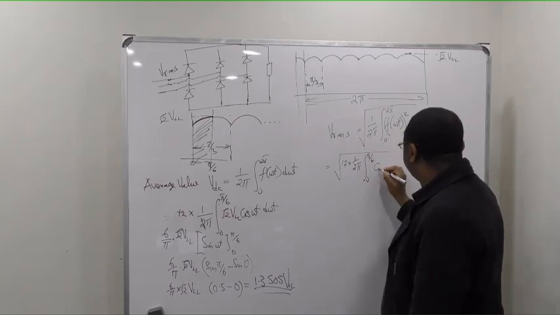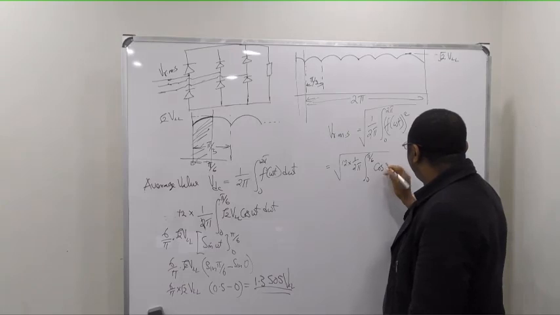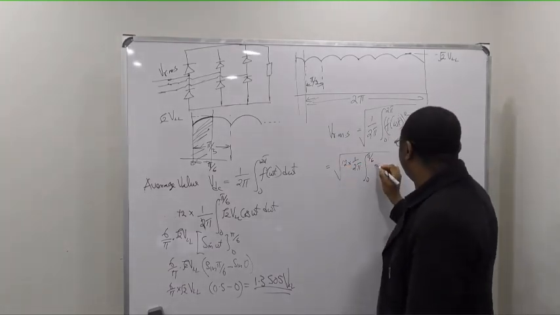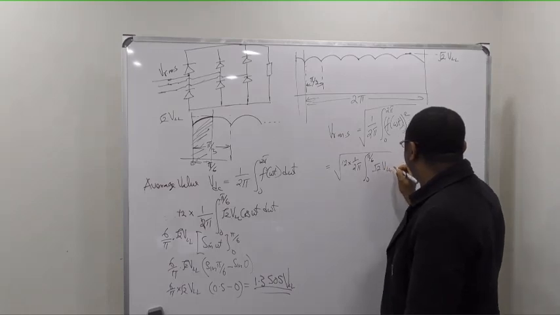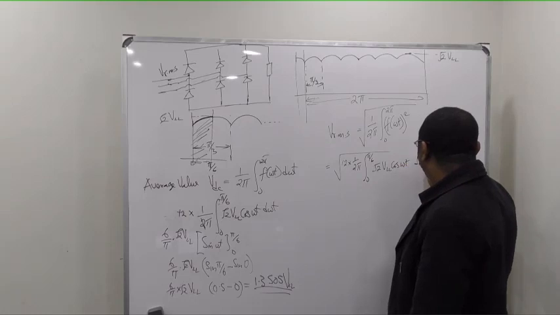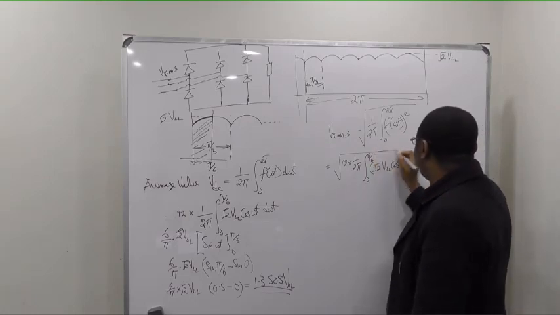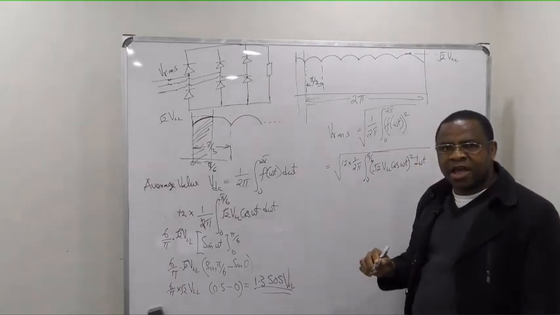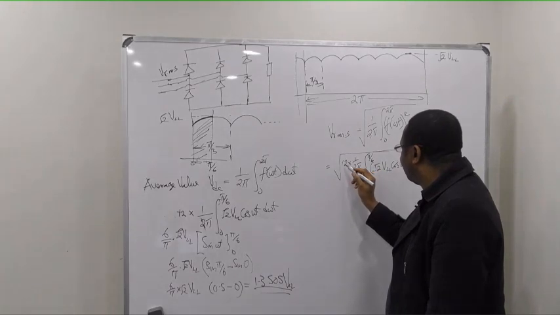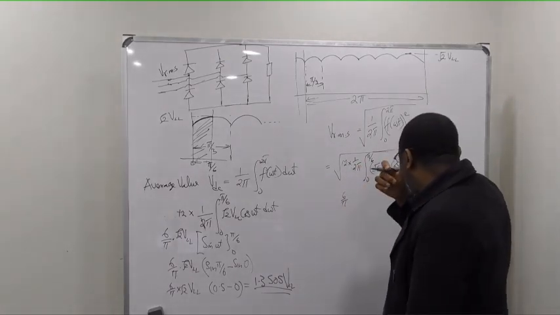Now this function is cos, sorry, I need to put the big value also, root 2 VLL cos omega t. But now this is squared, so you must square the whole of that, and then you find the square root. Okay, you get that? All right, so now what we do, this will give you 6 over pi,